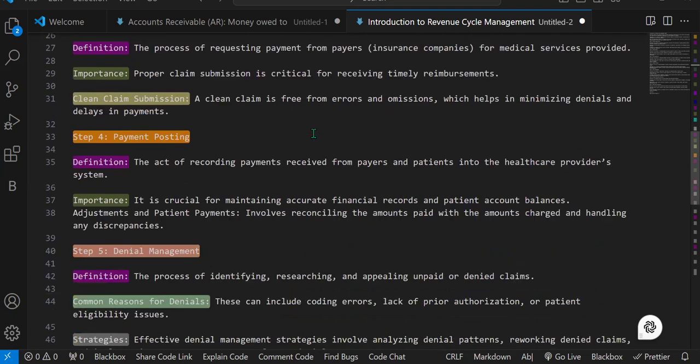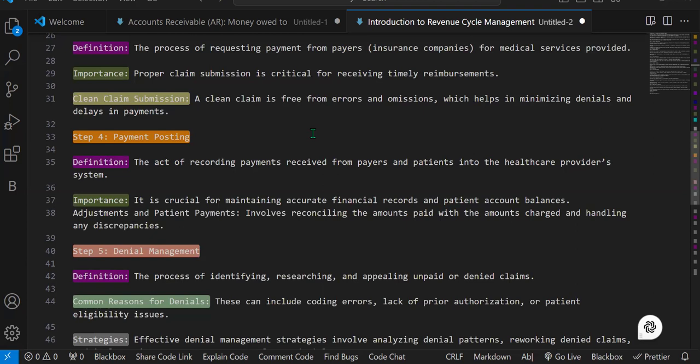So, payment posting. After that, step 4 is payment posting. You have submitted the claim form. The services you have done are connected to the coding in the claim form, and you send the claim form to the insurance company. Then in the fourth step, the insurance company will check all these details and send you the payment. Payment posting is the act of recording payments received